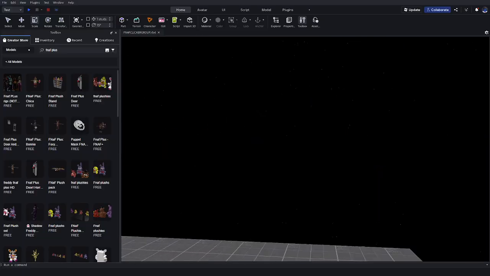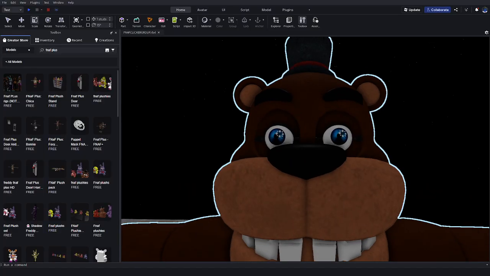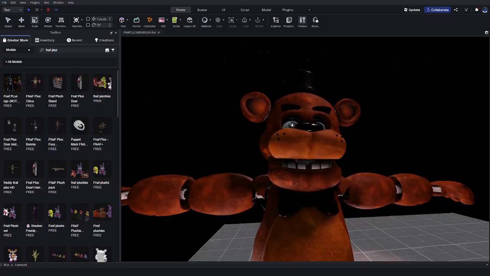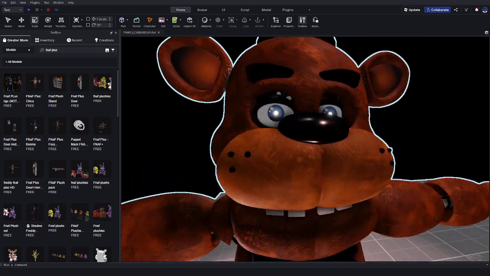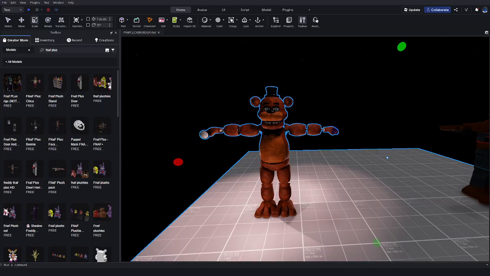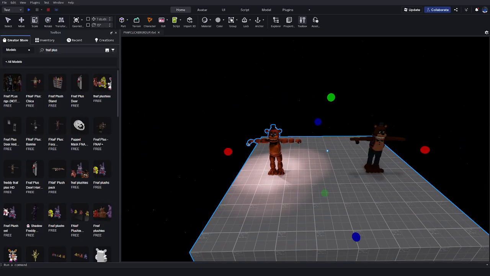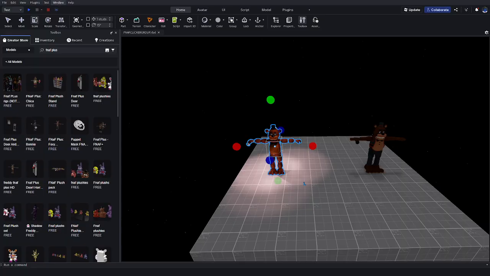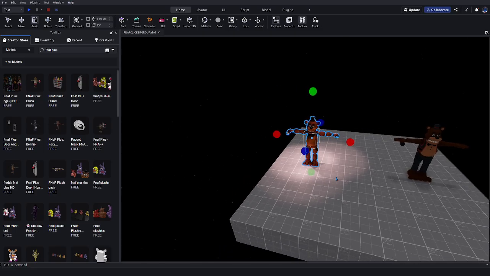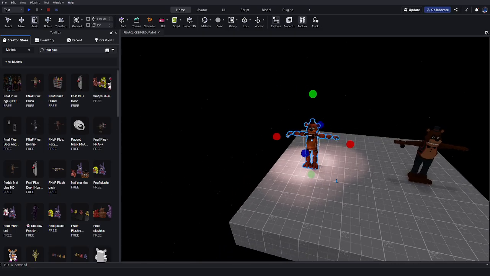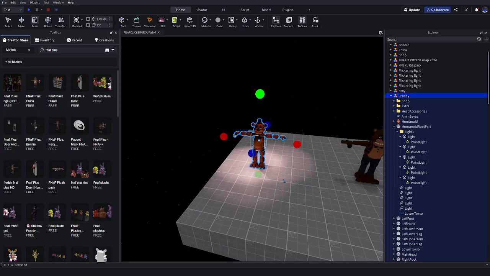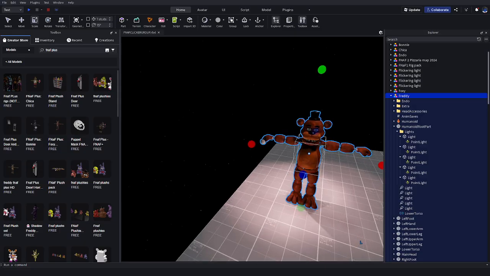See, I have my FNaF Plus Freddy Fazbear right here. And we have normal Freddy Fazbear. Yeah. So, hold up. There we go. So for this Freddy Fazbear, oh, 1 second. Yeah. Alright, so for this Freddy Fazbear,